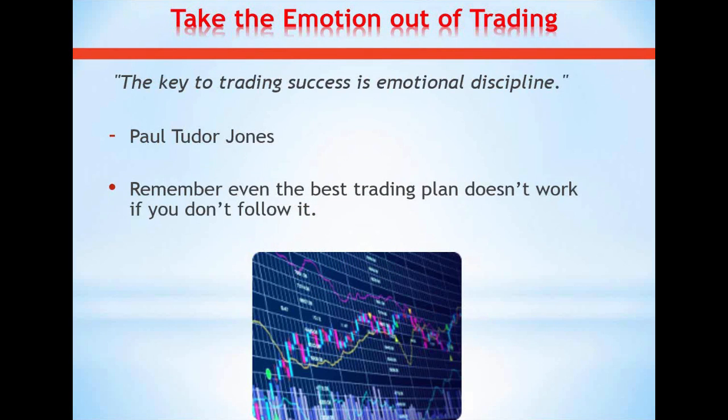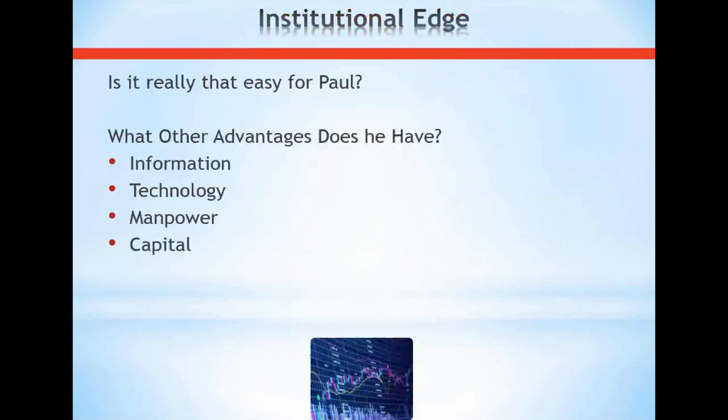All right? So with that in mind, I know I have to have a trading plan that keeps me very disciplined. Okay? But the best trading plan doesn't work if I don't follow it. All right? But is that really what makes Paul Tudor Jones the successful trader that he is? Or is there something else at play here? And I want to talk a little bit about institutional edge. Okay, so is it really that easy for Paul? He's just able to turn off his emotional decision-making part of his brain, follow whatever his trading plan is, and